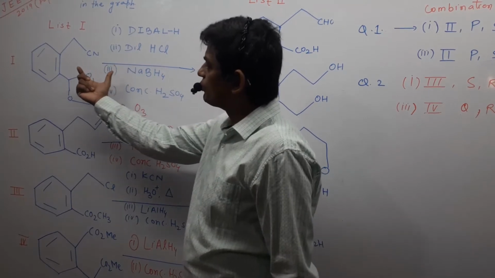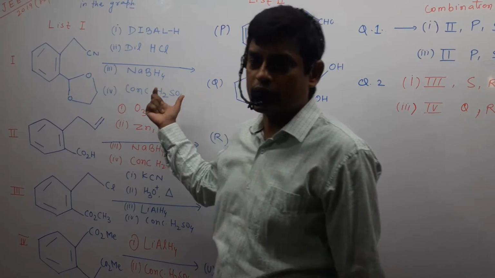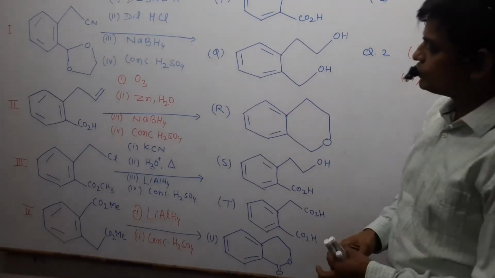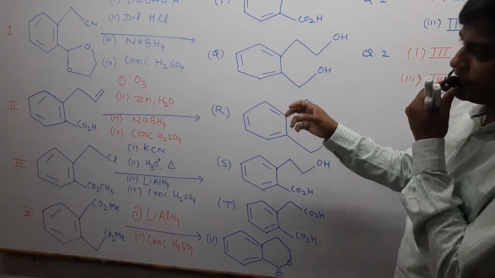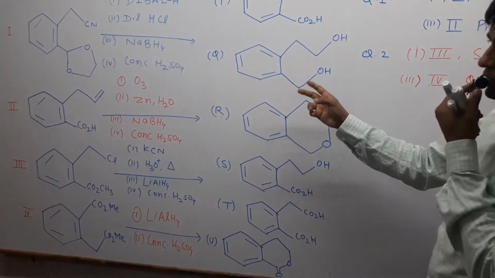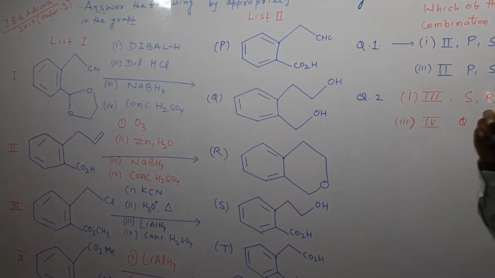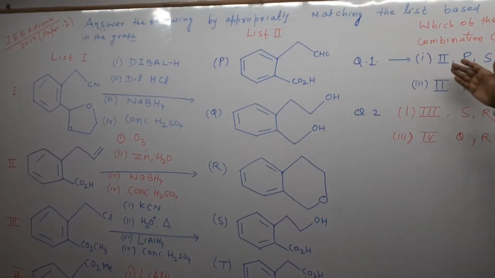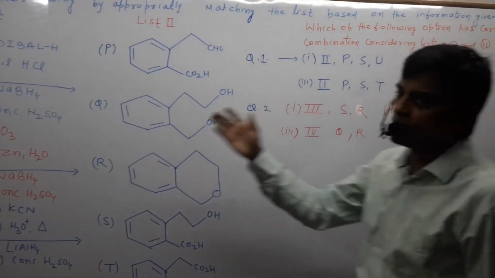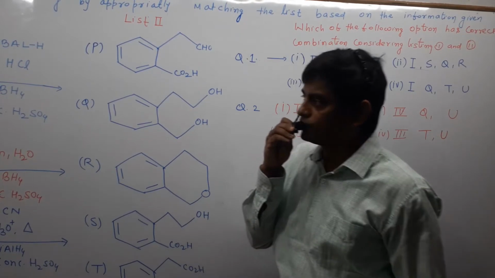if you proceed in this reaction, then whether you get the intermediate or the final product, we just have to mention which one will lie as an intermediate product or as a final product. That product we have to mention, and we get the answer in the following question 1 and question 2. So we have two questions according to column 1 and column 2. So let us start the video and start solving the question, right?